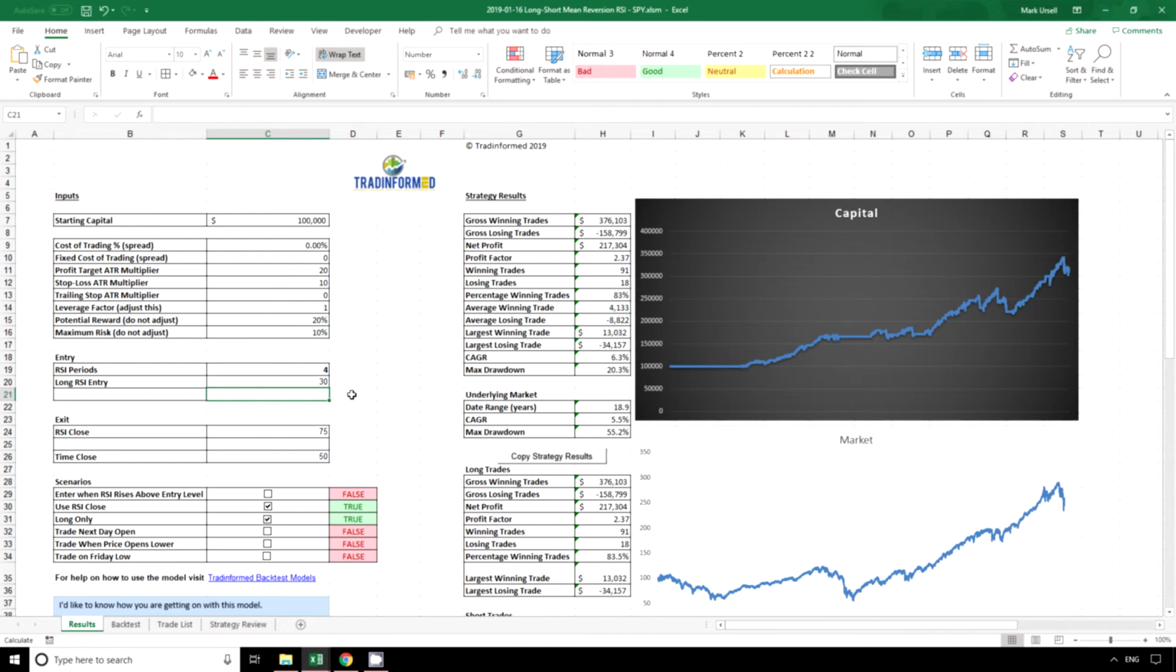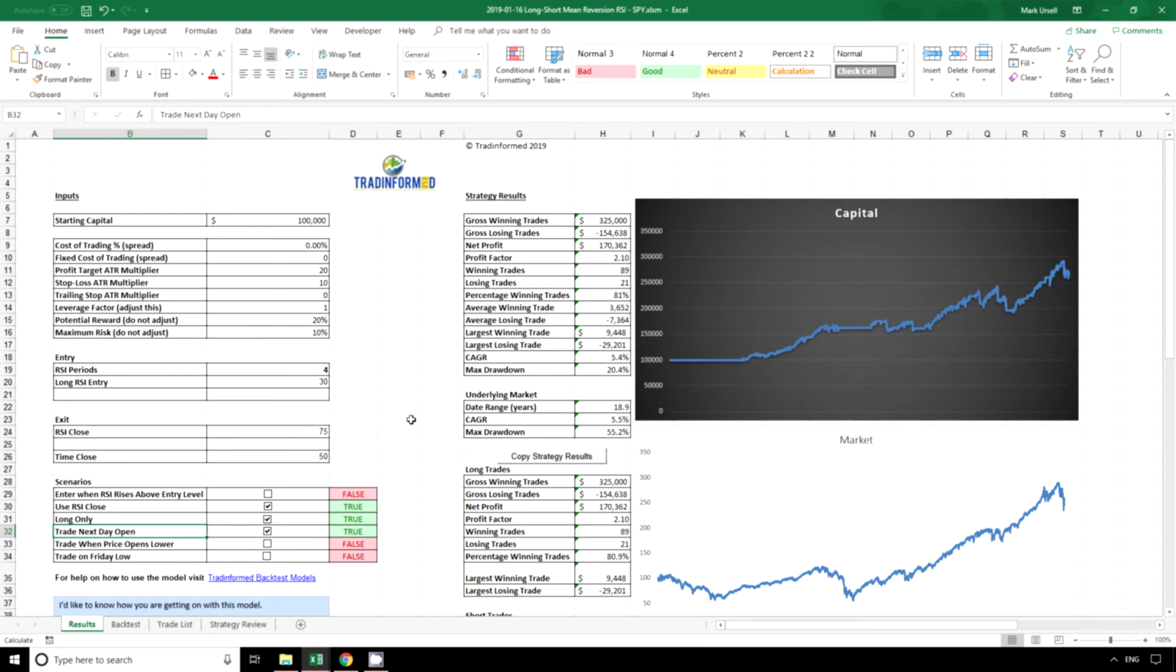So I have built in a test in this model that we can have a look at here, and this is basically saying trade the next day open. So instead of taking the trade when the signal is made, in other words when the RSI has given us an entry signal at the close, we actually wait until the next morning and then we take the trade. So if I click on this,